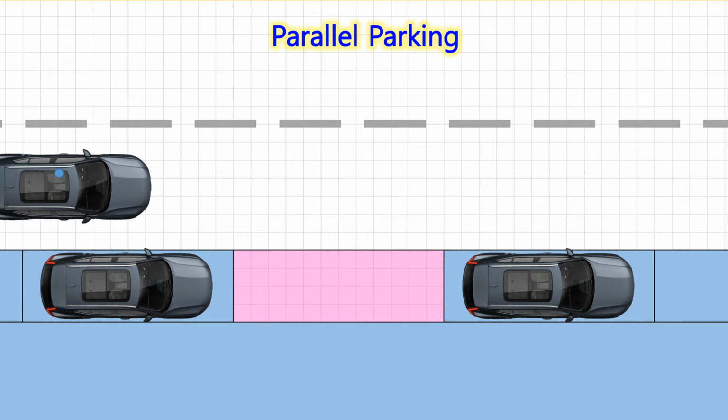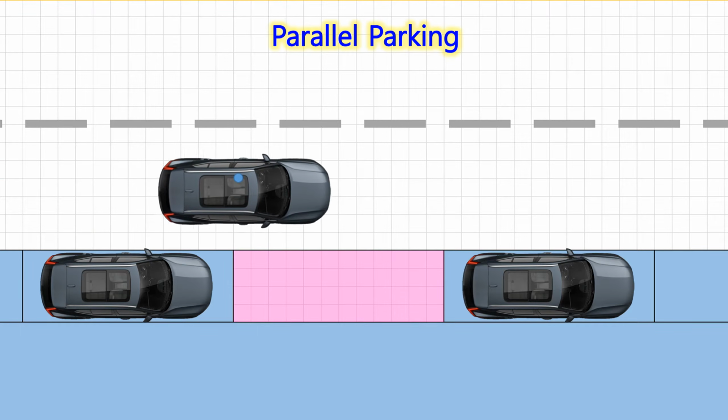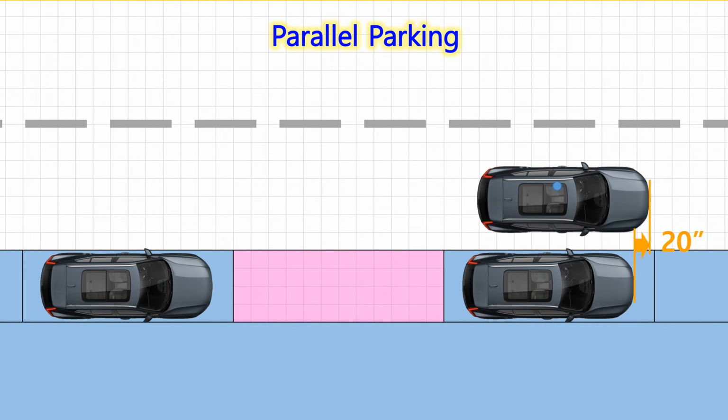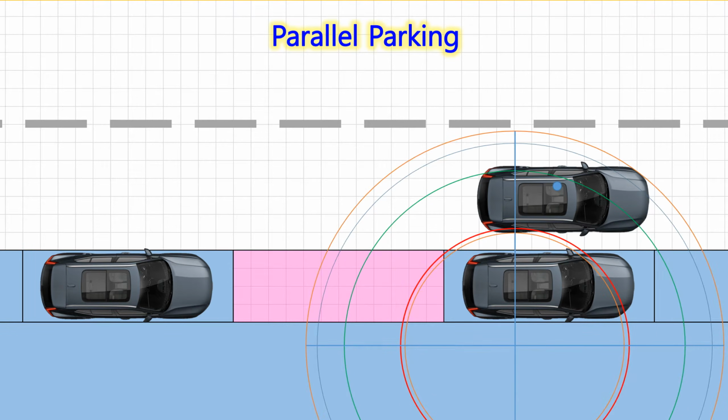Now, back here. Let's look at parallel parking in detail step by step. We are going to park in the right parking spot, so we will focus on the right rear wheel when turning. Get close to the side of the car in front of the parking spot you want to park, and stop 20 inches further ahead. Turn the steering wheel to the right all the way. Then, the minimum turning circle appears based on the right rear wheel.